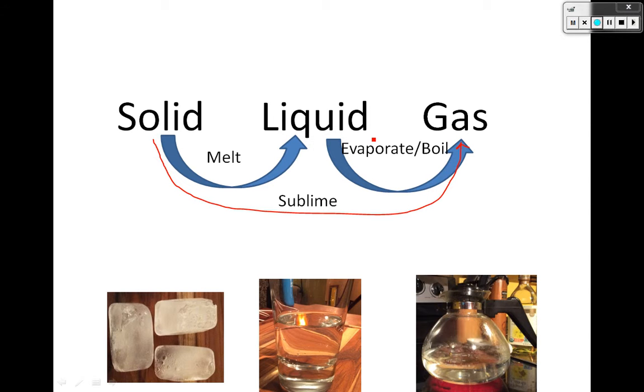Now, in real life, dry ice does have a liquid phase, but it doesn't exist as a liquid with the conditions we have in a normal room. So you would have to put a lot of pressure on it to get it to exist as a liquid. If you remember, some of you, that dry ice was carbon dioxide. So it's the gas that we breathe out. And we saw it as a solid, and we saw it as a gas.